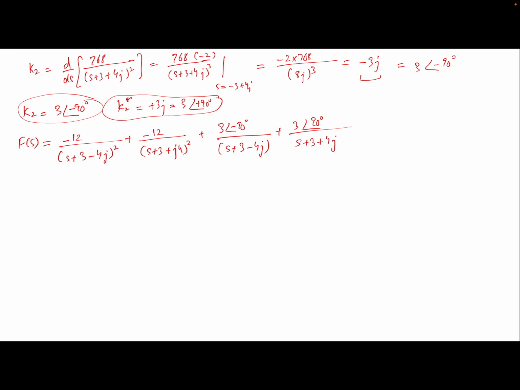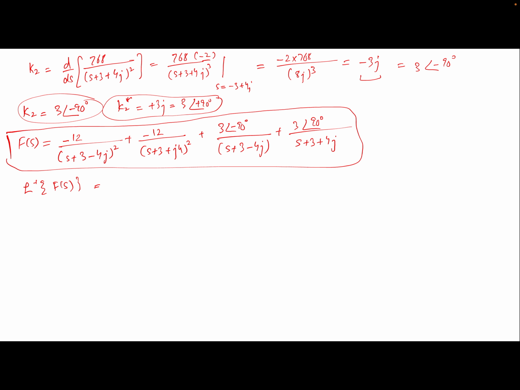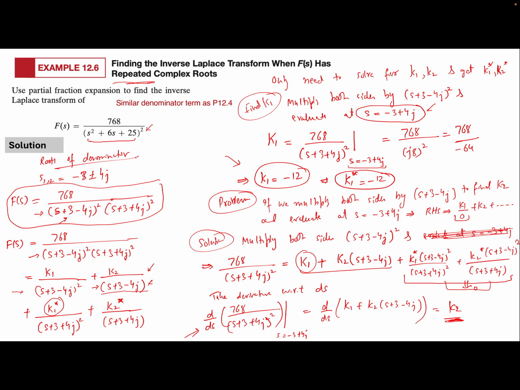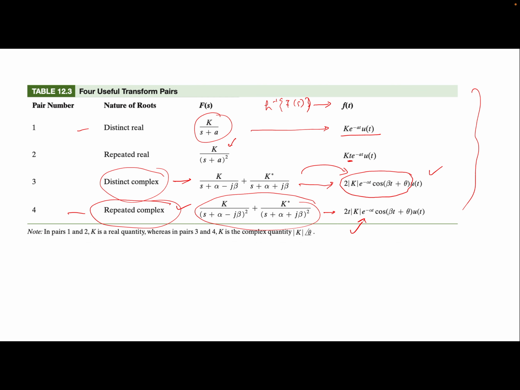Okay, sounds good, right? So this is how you can find f of s by expanding the partial fractions. And then I'm interested in finding the inverse Laplace of this to find f of t. I'm not going to do this exercise because we have done this kind of very detailed exercise for 15 to 20 minutes in the previous example. I am going to write the function as is. So the final function after taking an inverse transform, and of course applying all of these transforms and also taking advantage of the table that we talked about with repeated complex roots,